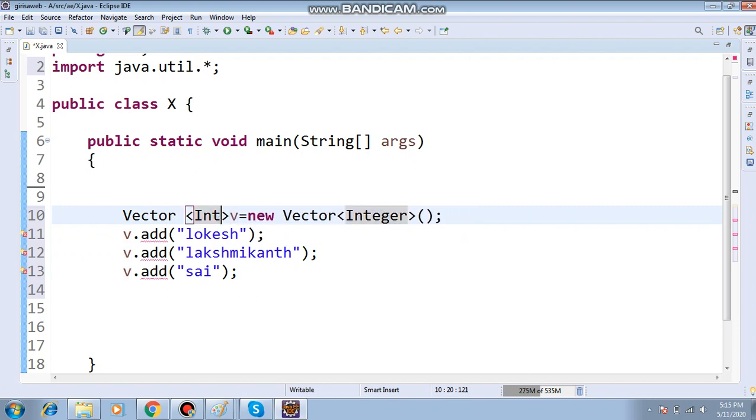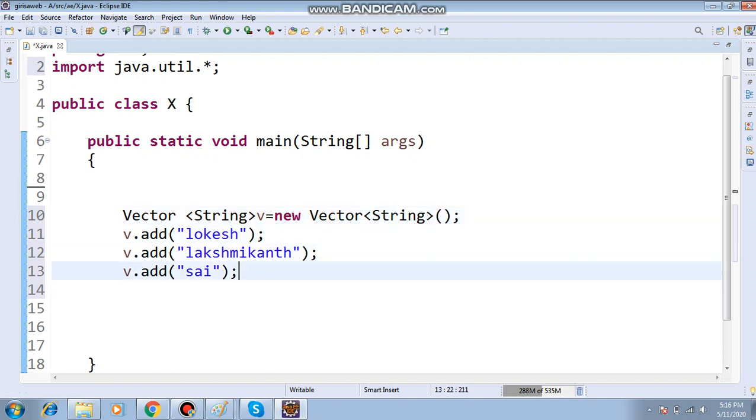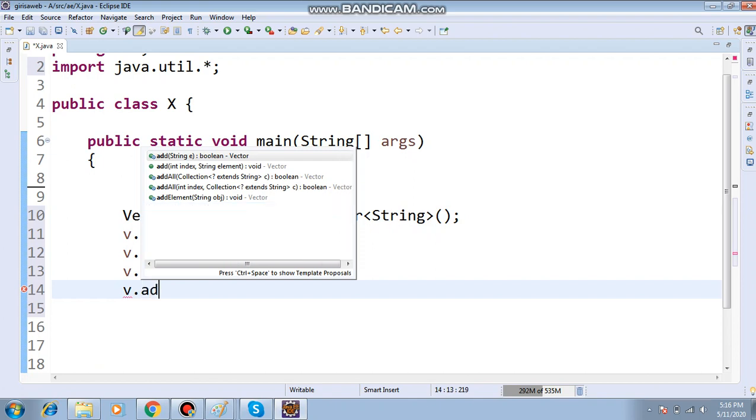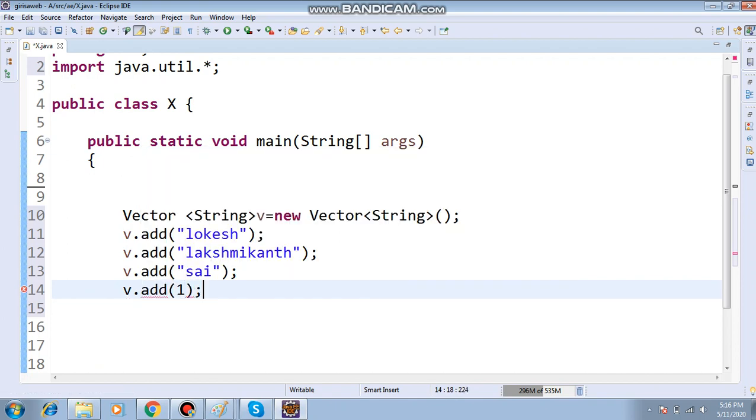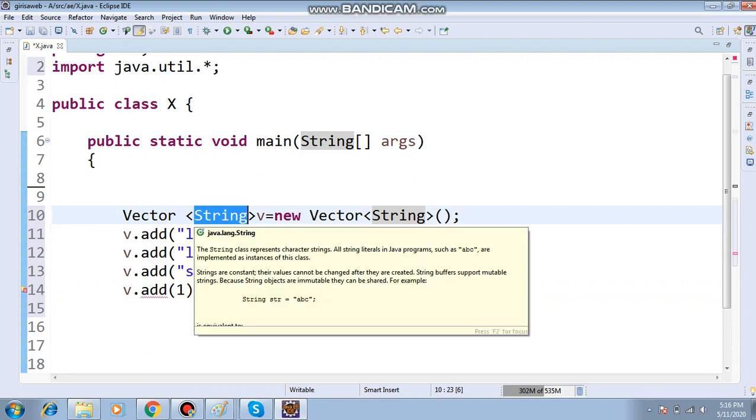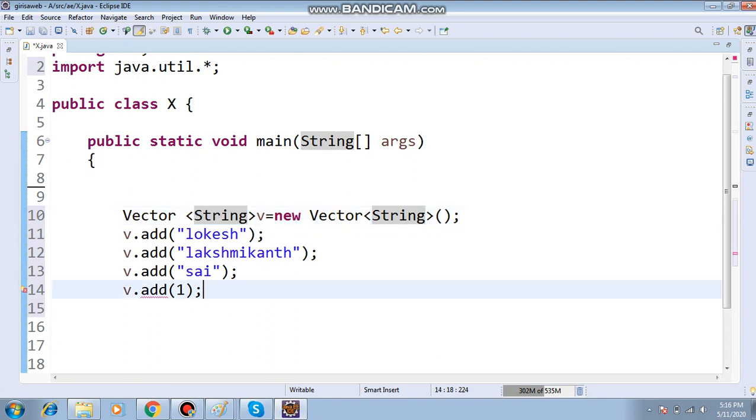So instead of integer, if you give string here, it will accept. After entering the string, if you enter integer, it will not accept. The method add int comma string type vector is not applicable. Once we mention a data type or a class here, we have to represent only that particular class.